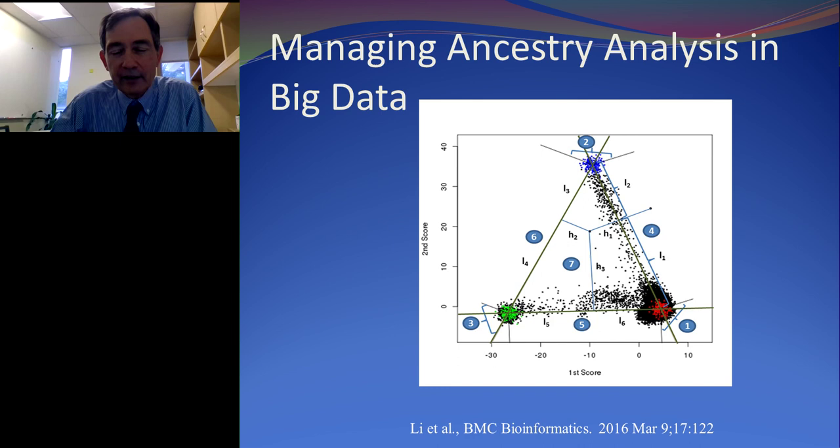Typically, for a European-only kind of analysis, you would restrict to individuals who are estimated to be about 80% European. For African Americans and Asians, the profiles may vary a little bit, but that's the way that we typically do the analysis, to try and restrict to better, more homogeneous subsets so that we don't get confounding by